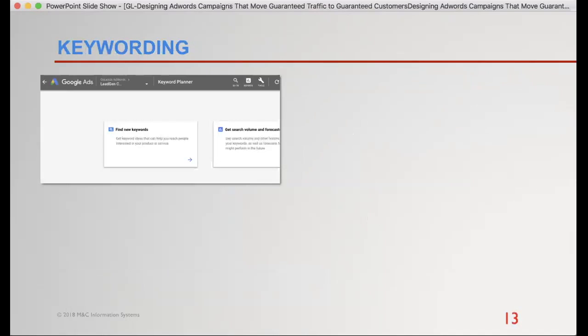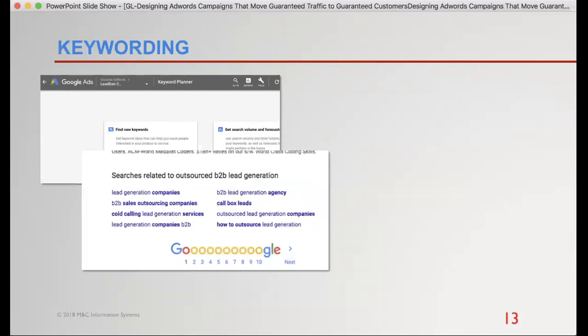All right, keywords. Where do keywords come from? Google gives you a great tool to find new keywords, and by all means, use it. The tool that we use more internally is, as you have helped us identify things that people will be searching for, we just search for them. So it's old school, but we go right to the tool and search for those particular terms.